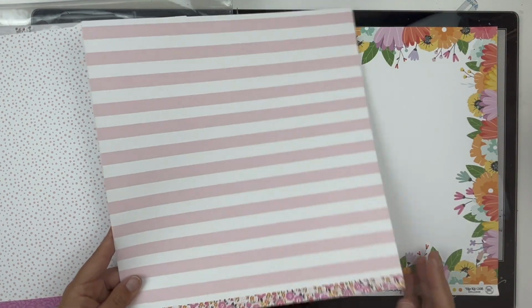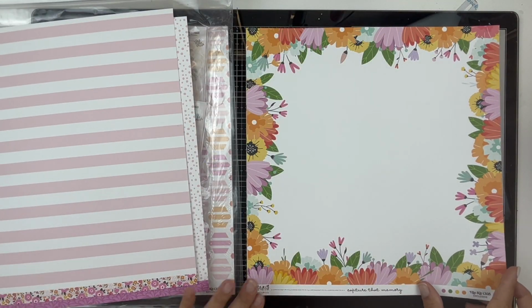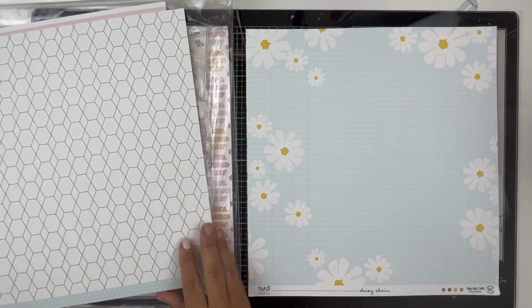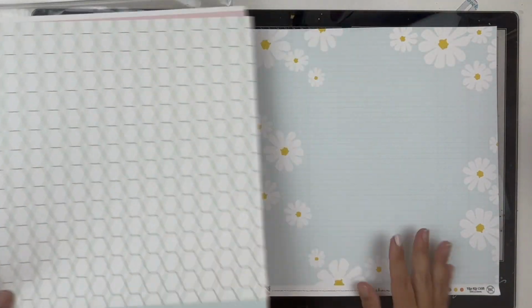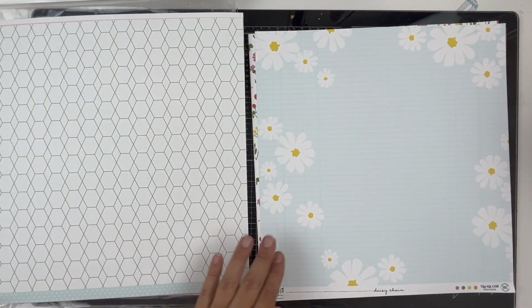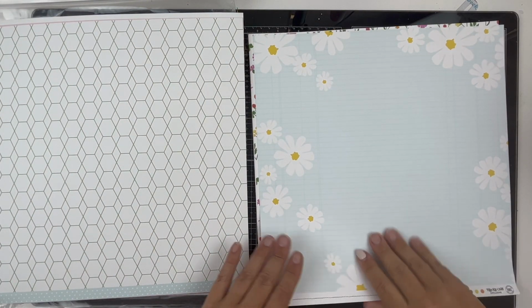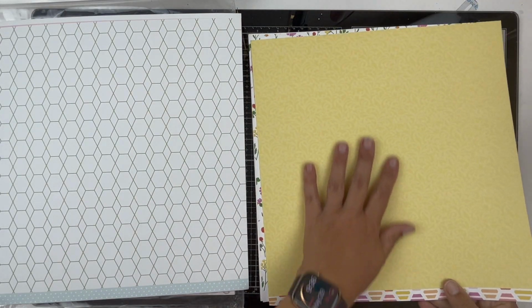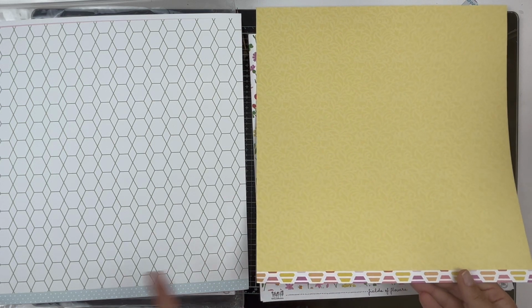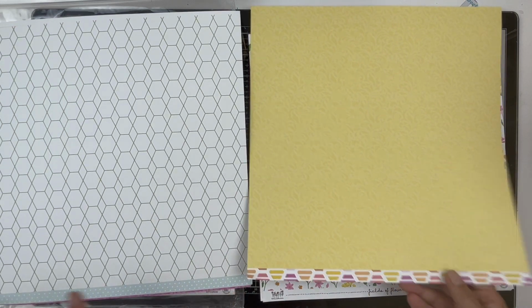A and B. A and B. Ooh, there's B. Make sure I'm keeping everything in frame. Side A and B. That's really pretty. And I love that their branding strips are on our full 12 by 12